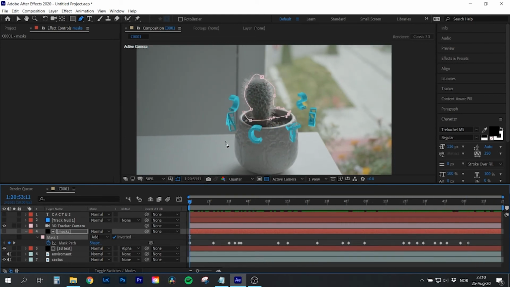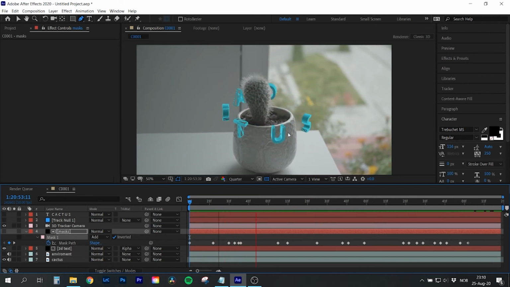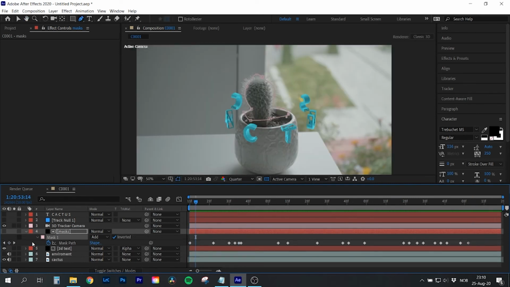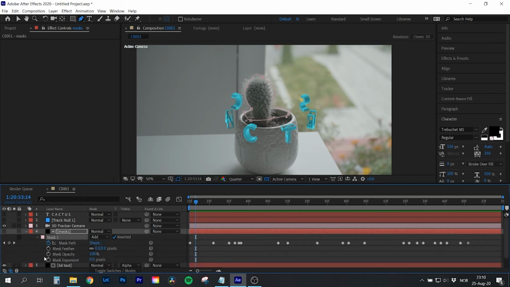Okay, so I'm done with my mask, and if we play it back, it looks something like this. Looks really good, actually, better than I thought. So we're going to just adjust the mask a little bit by going to the mask properties and first expanding the mask by maybe 20 pixels, and we're going to feather it by maybe 40ish,